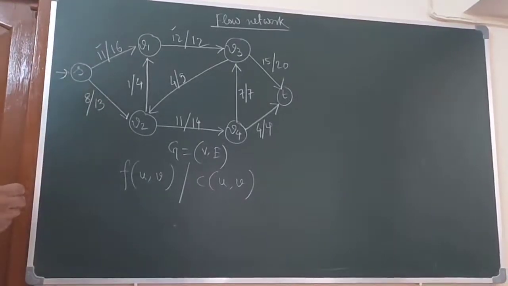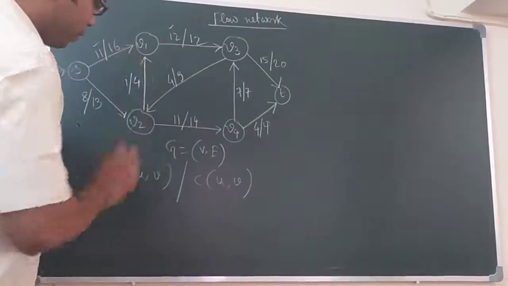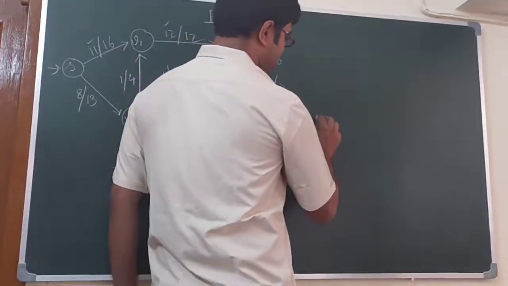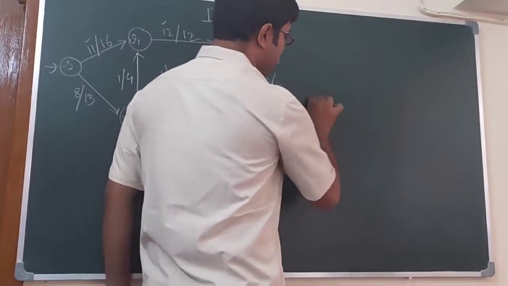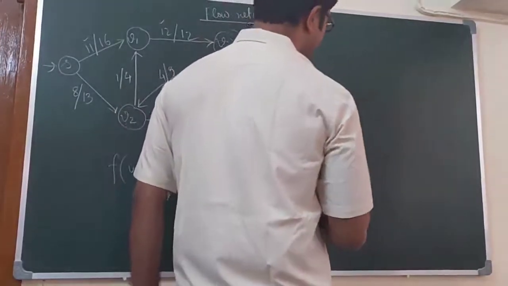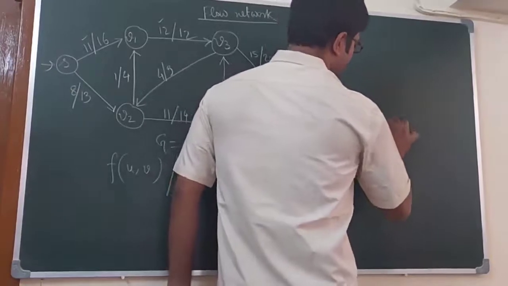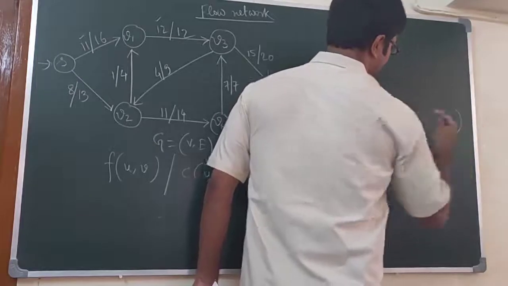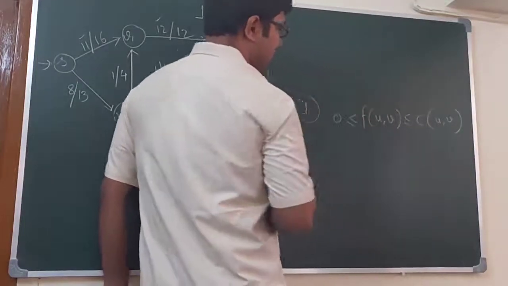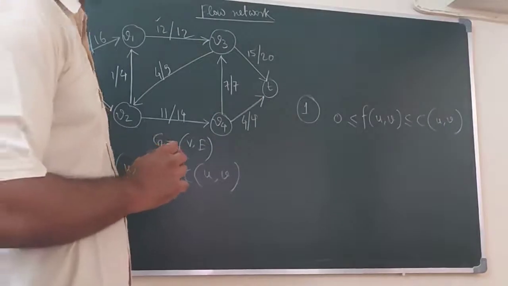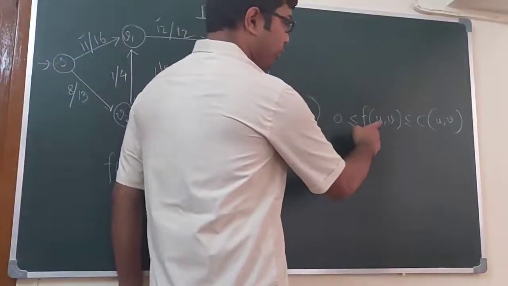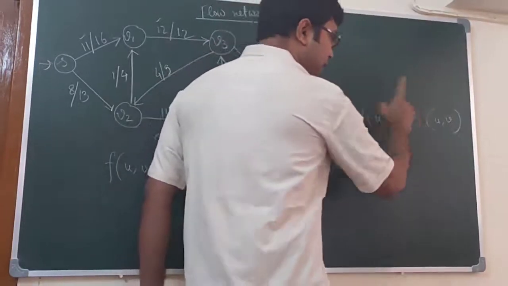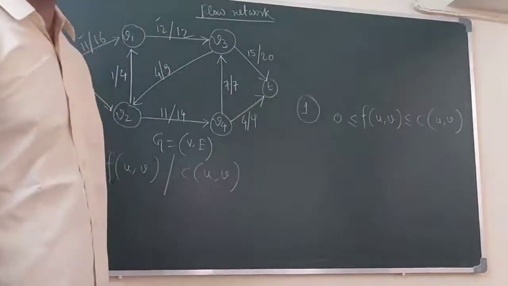Okay. Now the flow network has two constraints, two conditions. What is the first condition? The first condition is that f of uv must be less than or equal to the capacity c of uv, and this must be greater than or equal to 0. The flow of an edge from u to v must be non-negative, and it must be less than or equal to